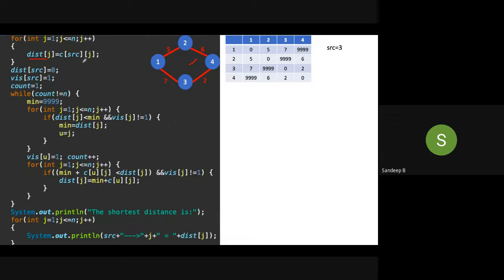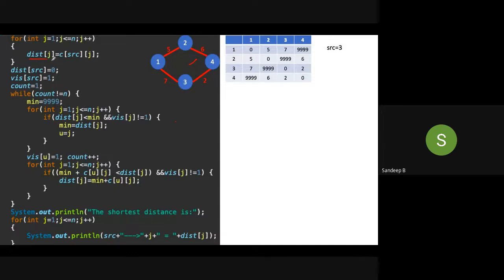See, this entire program depends on this one particular function. In this function, the major mistake you will make is you will write ij, because that is the cost matrix. We are manipulating the matrix, so in your head always the i value will be the row value and the j value will be the column value. With that practice, you will write C of ij. But it is not C of ij, it is C of source comma j. Observe very carefully at this point, because this is what will be followed in the next part of the program.